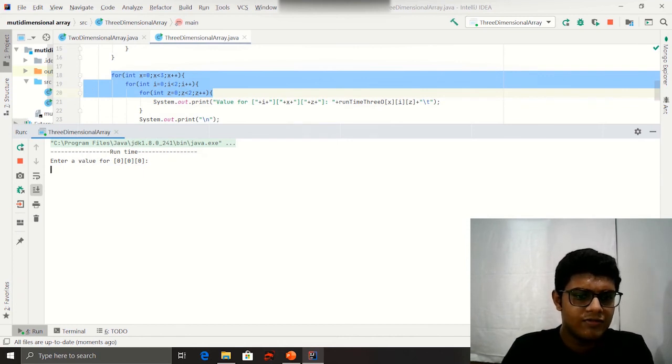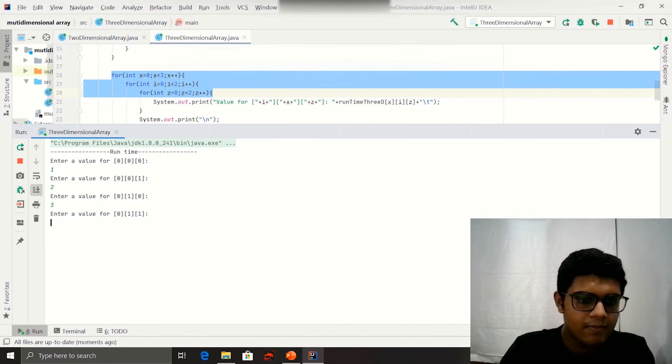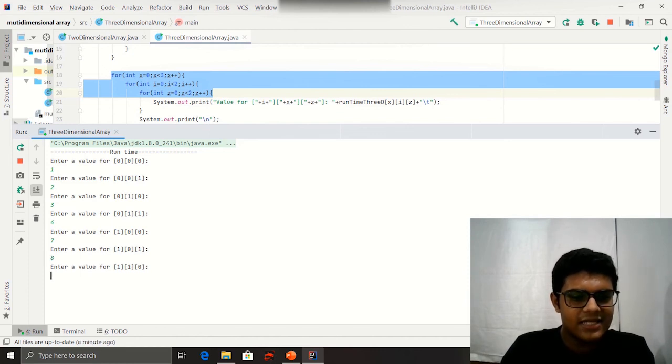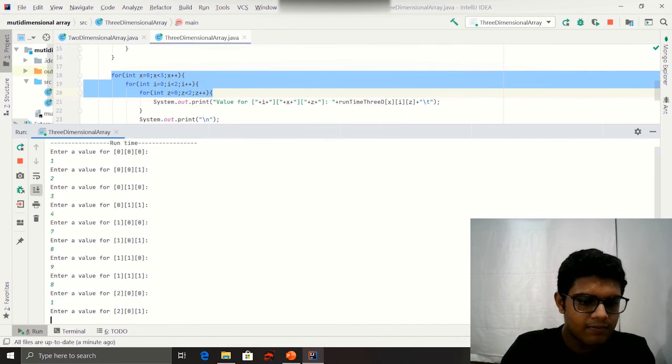We have to enter values for the first 2D array, first row, first column, first row, second column, second row, first column, second row, second column, and then the second 2D array, first row, first column, first row, second column, second row, first column, second row, second column, and the third 2D array in the same way.